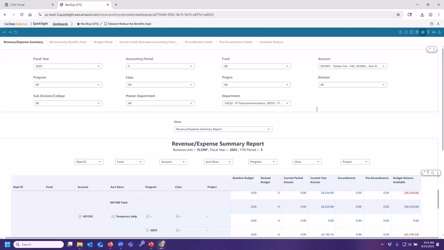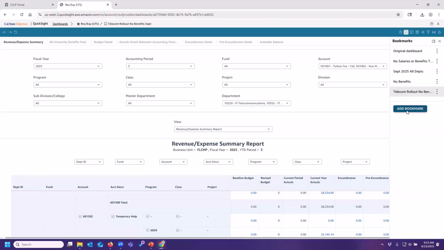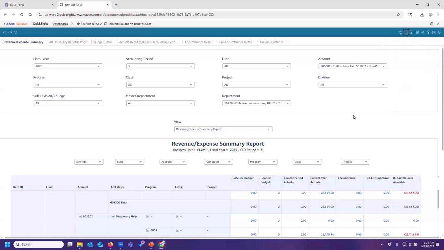But other than that, they'll be able to view this report that I've created. It's not going to be tied to my report. So they'll have to go here to bookmark and create a bookmark, and then they could call it Lori's report or whatnot. But it won't be tied to mine. So if I update this one, it's not going to update for everybody that I sent that link to. It's just sort of a static report.